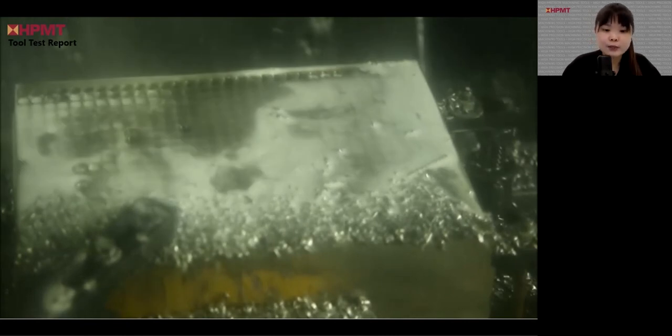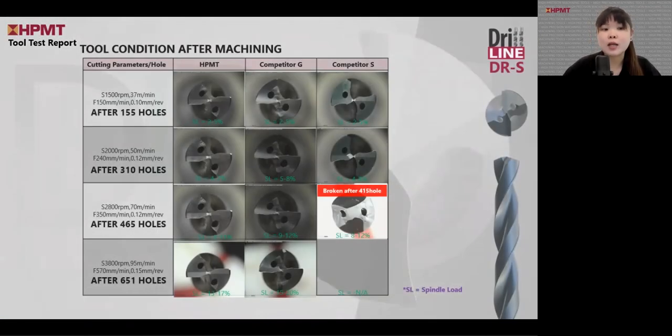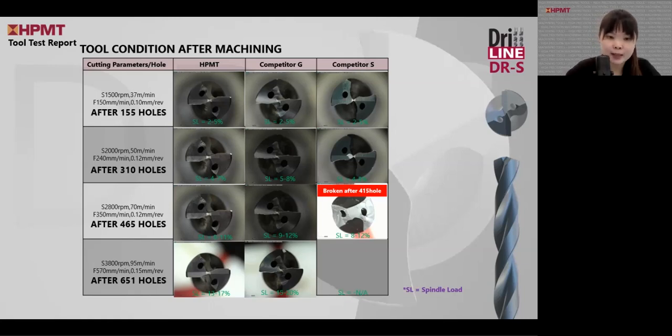Okay, our machining video has ended. Let's look at the results. We collected the tool condition after every machining run on the 4 sets of different cutting parameters. When we first drilled 155 holes, all of the tools seemed good. But when it comes to the second set of cutting parameters, after 310 holes have been drilled,